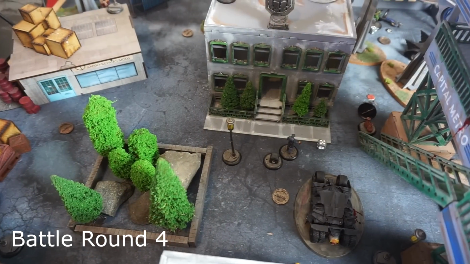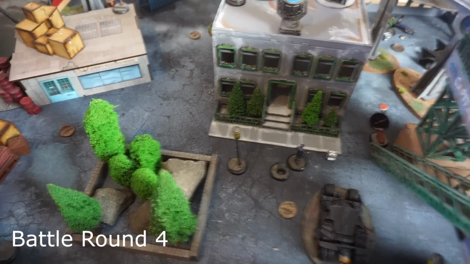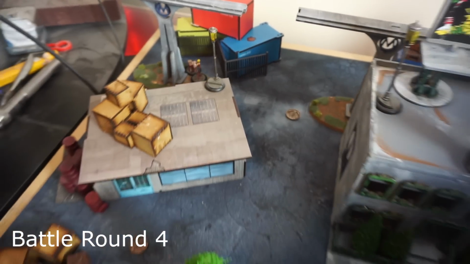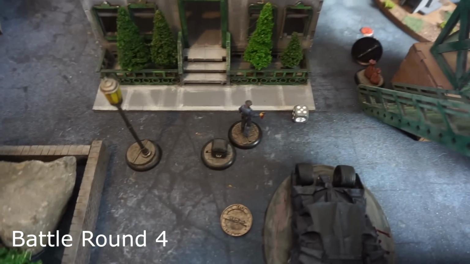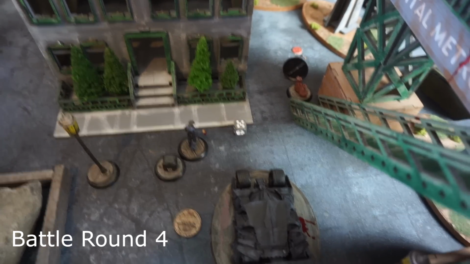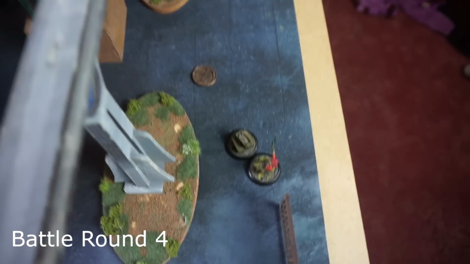So I'm just going to recap the final activations of Battle Round 4 here, because it was mostly just very quick. Harley Quinn obviously moved up and is claiming the medical, which is very big because that's her preferred objective. Over here, the agent activated and sprayed the plant that was there. As it turns out, that was utterly irrelevant, because then the Batmobile got their turn after Poison Ivy just obviously opted to stay next to their ammo,